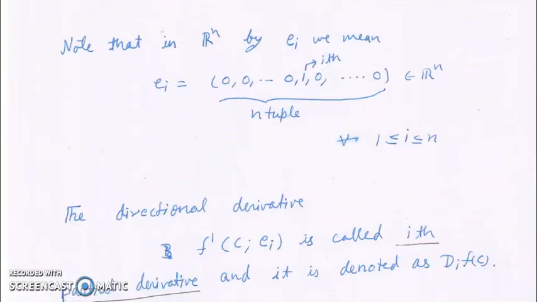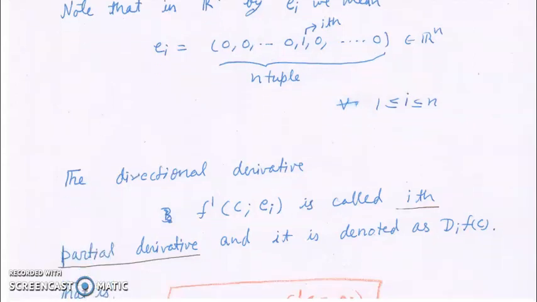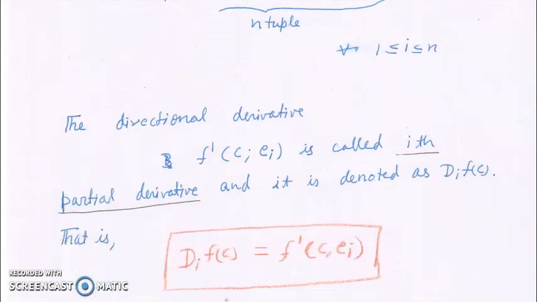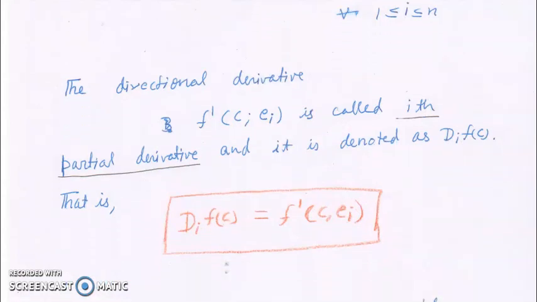Now let us recall, by e_i we denote the ith coordinate vector. The ith coordinate vector in R^n means the n-tuple whose only ith entry is 1 and all other entries are 0. That vector is denoted as e_i. Because we can determine the directional derivative in any direction, we can determine it in the direction of e_i. The directional derivative in the direction of e_i is nothing but the ith partial derivative, which is denoted as